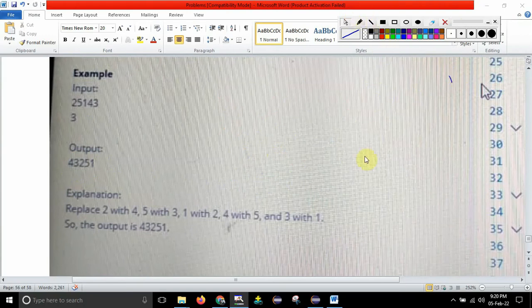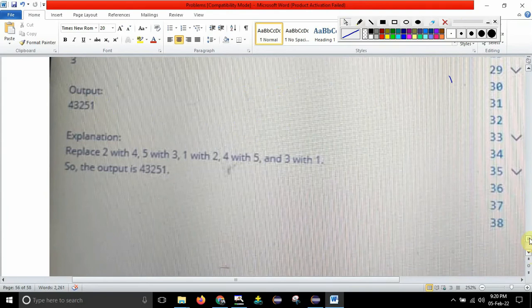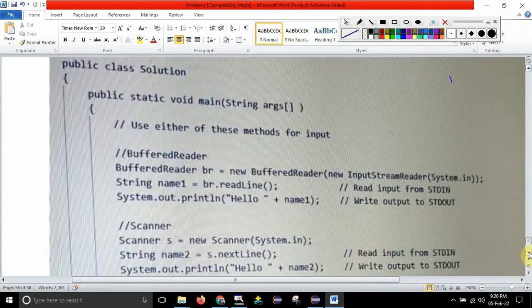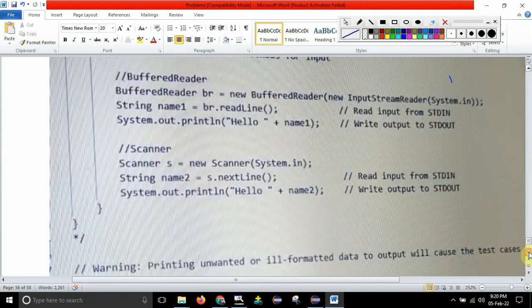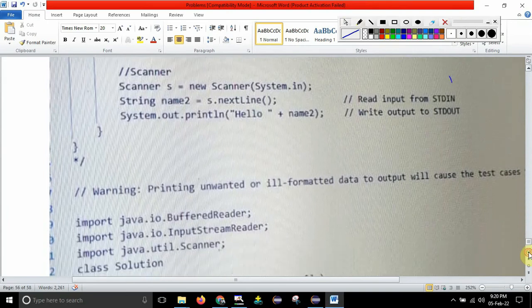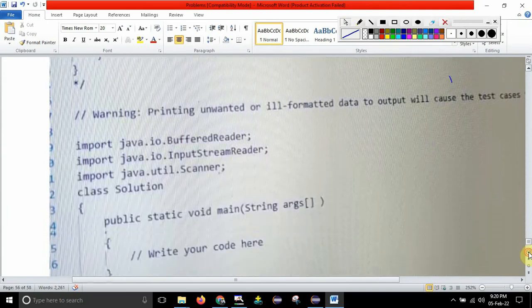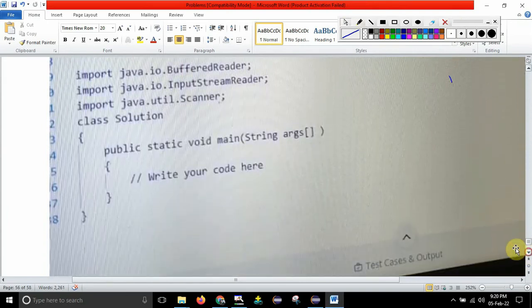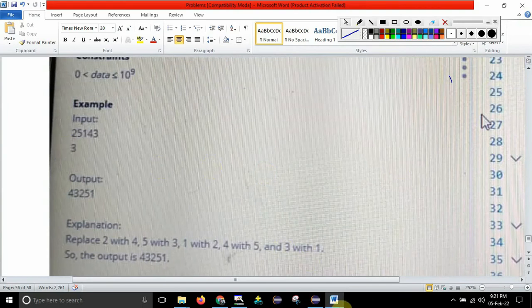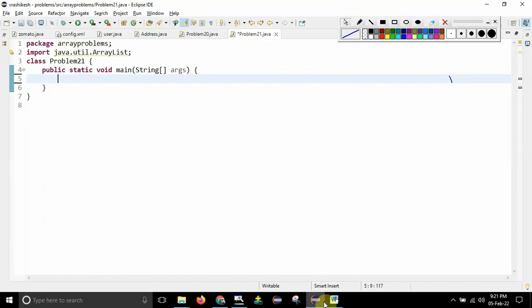Okay guys, fine. So now I will go to the VS Code, and for this also the same thing, guys. Let me show you whatever input and output things they will be giving, like buffer, string buffer reader, all those things they are giving just for the sake of their compiler. So here you need to write your code, just initialize whatever you need, whatever they have given, and start writing the code. So that's it guys, and now let me go to Eclipse here. Alright, so this is the test case, and now let me open Eclipse.